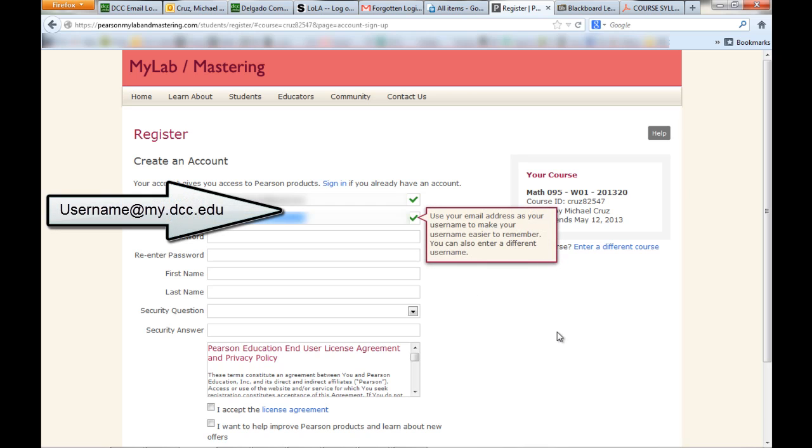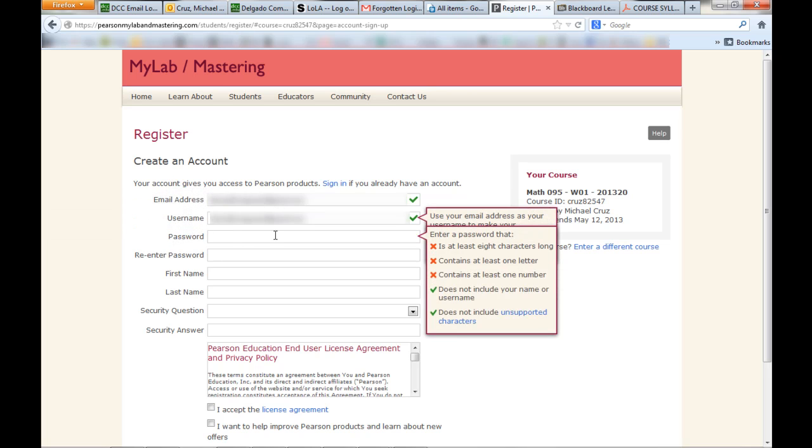And of course then you're going to have to choose a password, and you've got several criteria: at least 8 characters, at least 1 letter, at least 1 number, and you can't have any part of your name, and no strange characters. And you're going to have to enter it twice just to verify that you have picked the right one. And you put in your name,